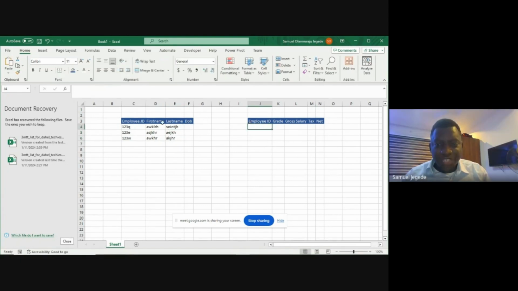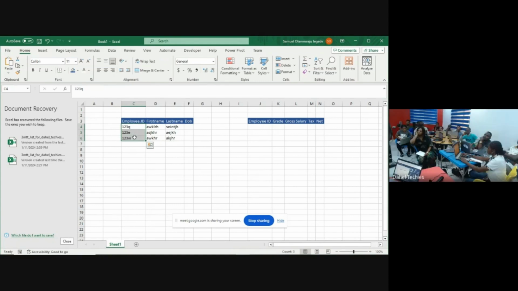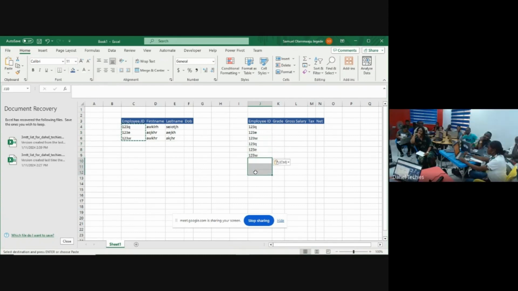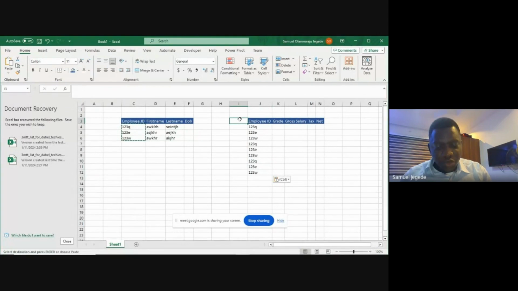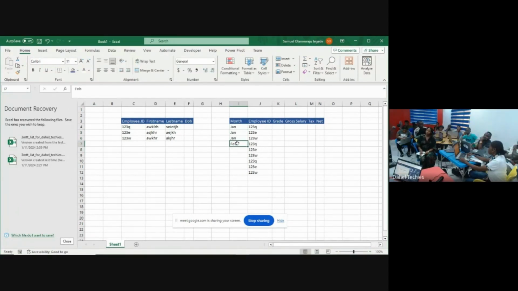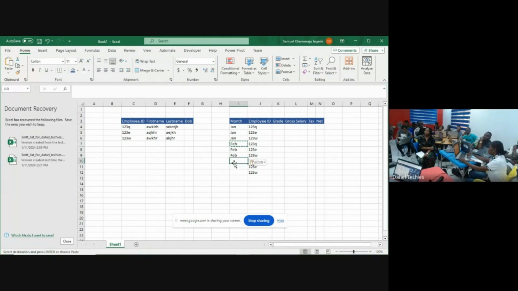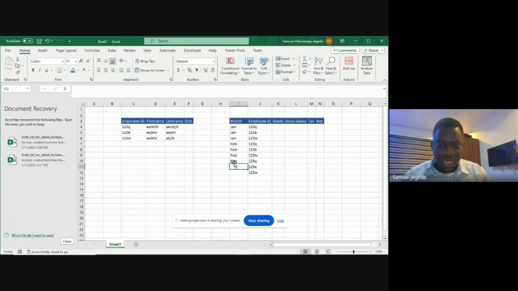You might still have the same employee ID in the salary table. In fact, you can have the same employee ID again. Let's say we have months: January, February. We paid this employee January, February, and March.